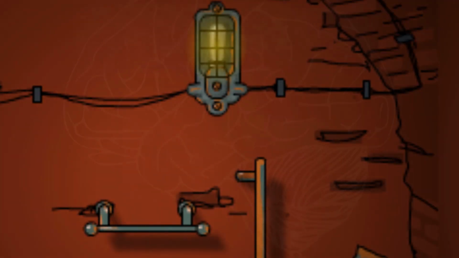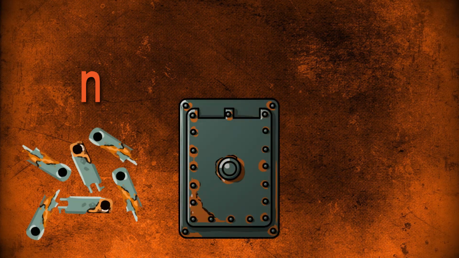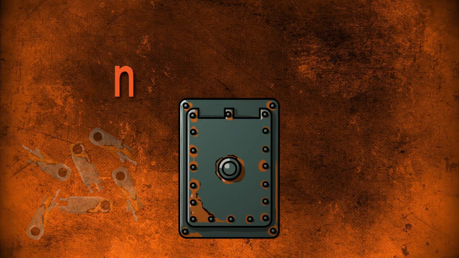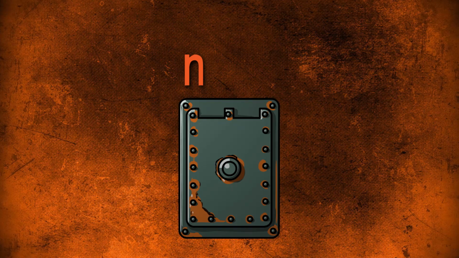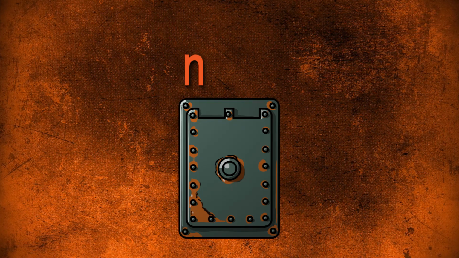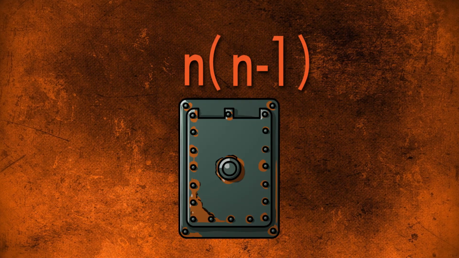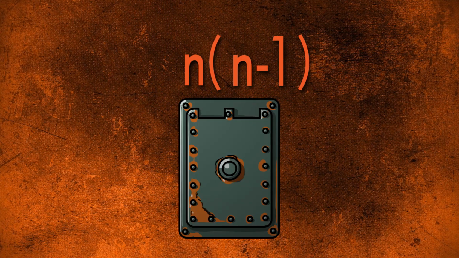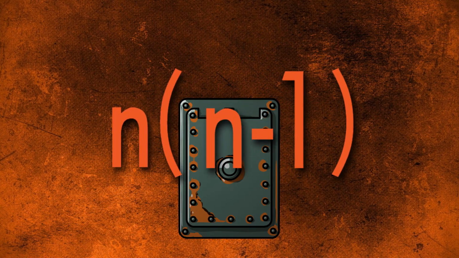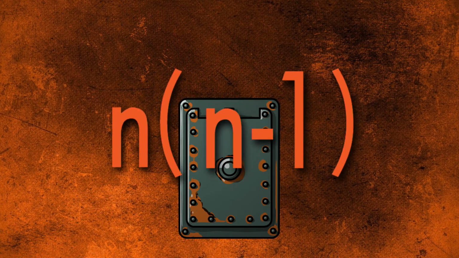We start off by assigning the variable n to the number of plates in the system. The first slot can contain any of the n plates, so our formula starts with n. Then moving on to the second slot, since we already used a cipher plate, we now have one less to choose from. This is equivalent to the expression n minus 1. We multiply these terms together to complete our permutation. So n times n minus 1 gives us the number of possibilities we can get from using any of the